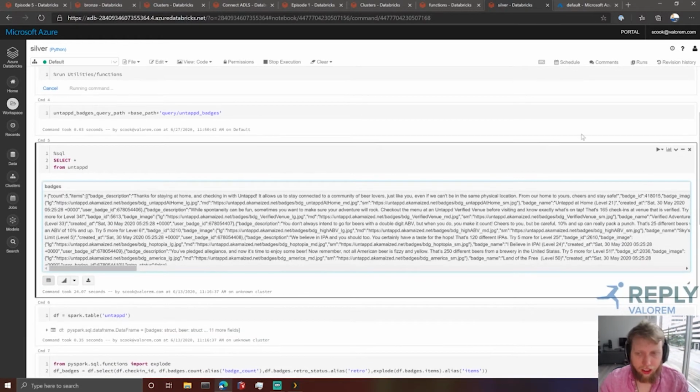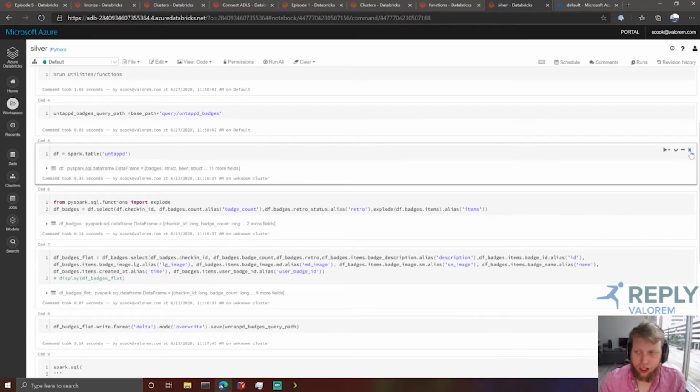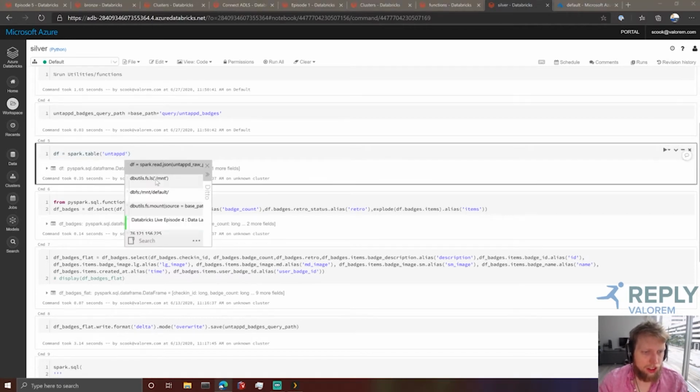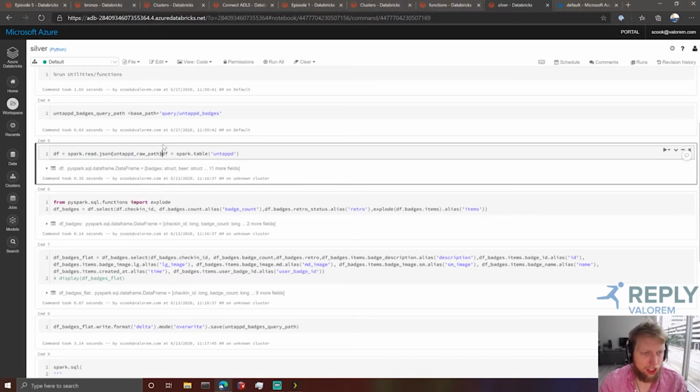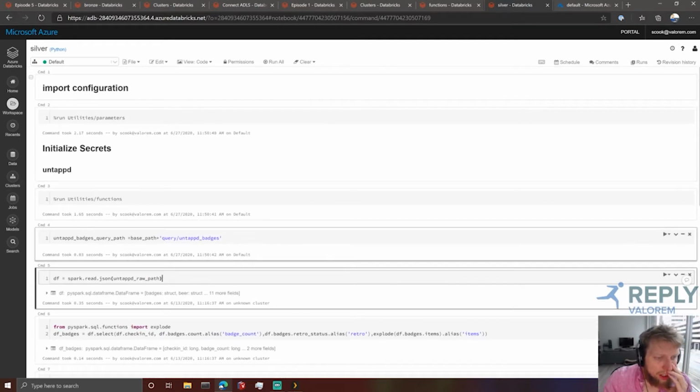So we're not going to do this. We're instead going to use that code snippet, because there's no reason to manage a delta table for that. Okay, now we're going to have to make an untapped